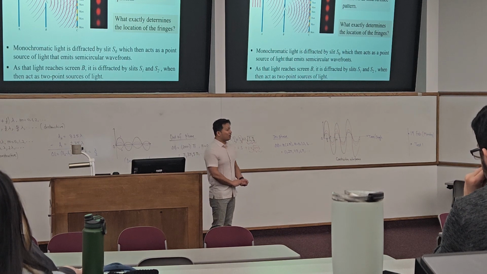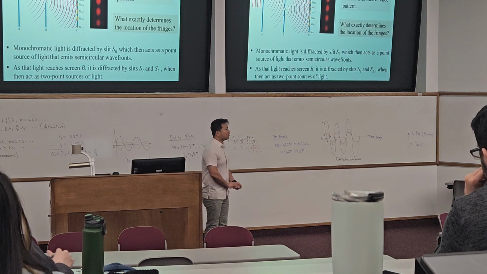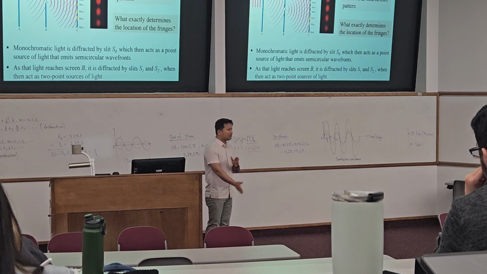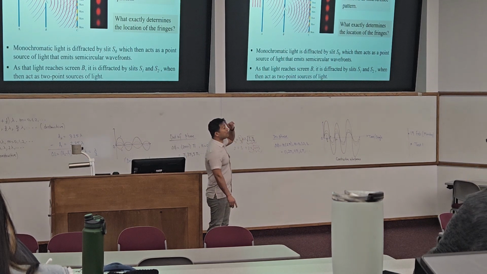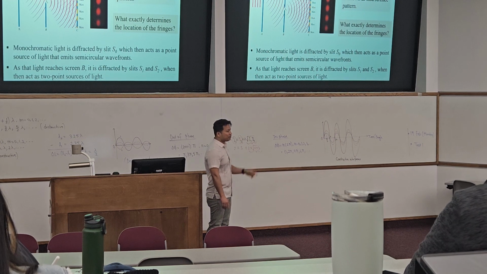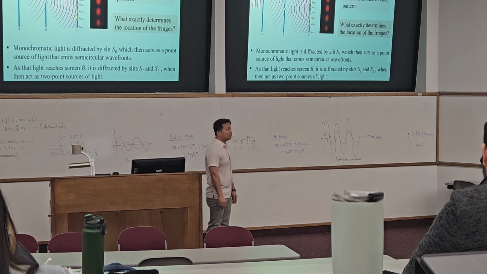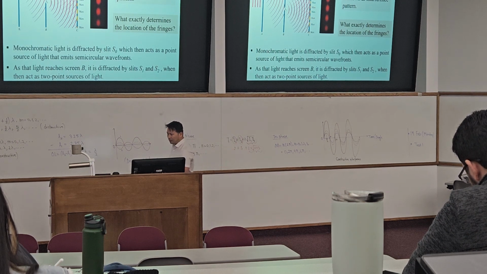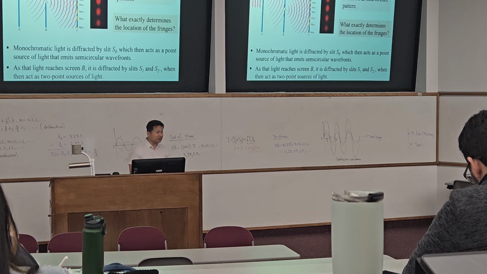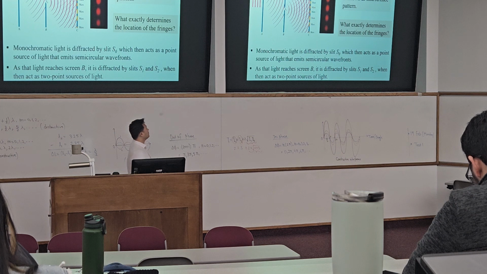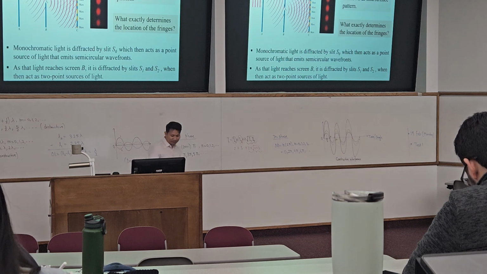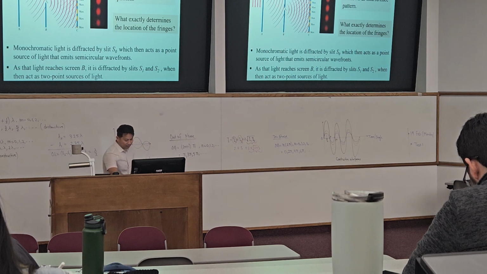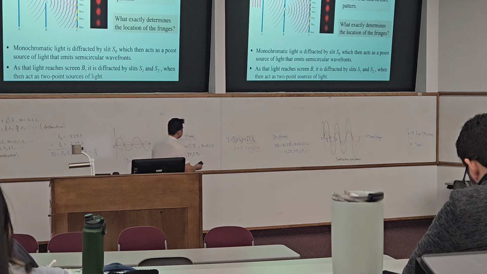So whenever people are discussing whether light is a wave, you need to show something, and this is the first experiment that Thomas Young did to prove that light is a wave. This is extremely important. If you take an optics class on light and waves, you should know this one, the Young's double slit experiment, and I will describe it to you. Let me describe what the Young's double slit experiment is.